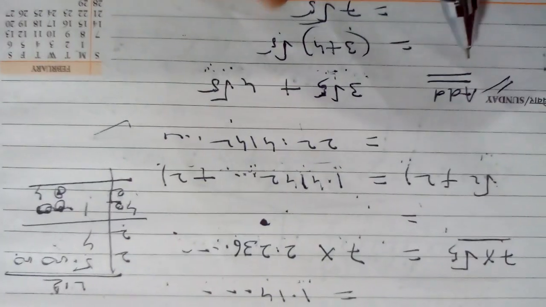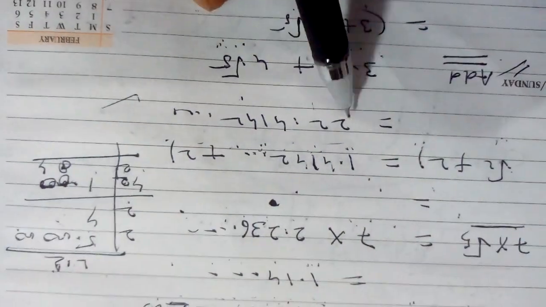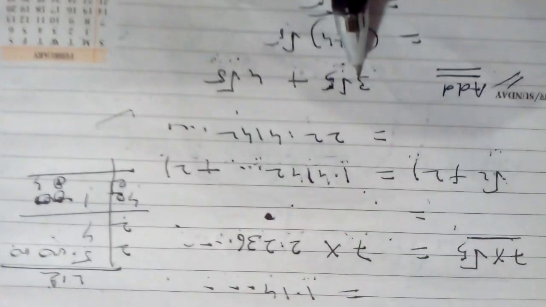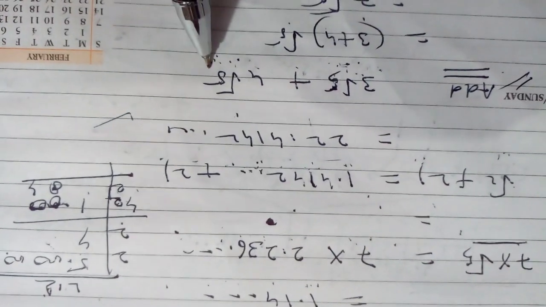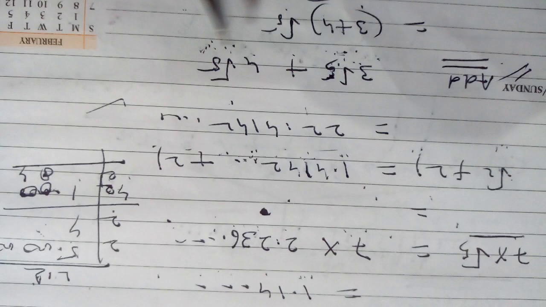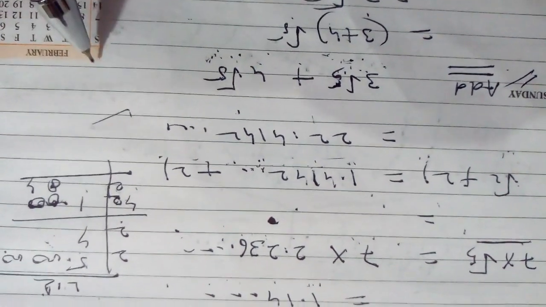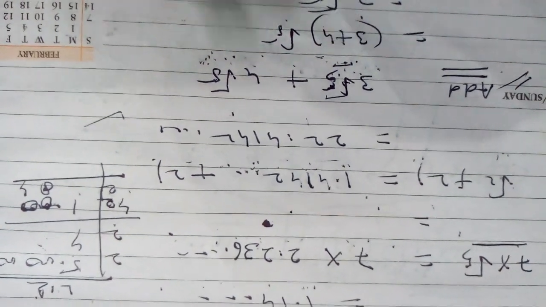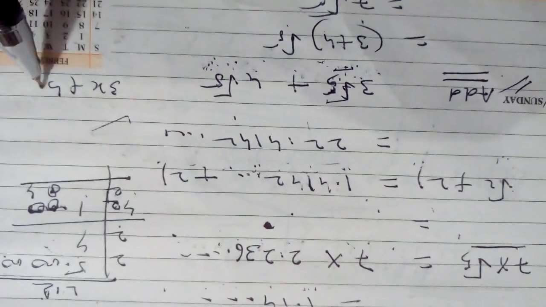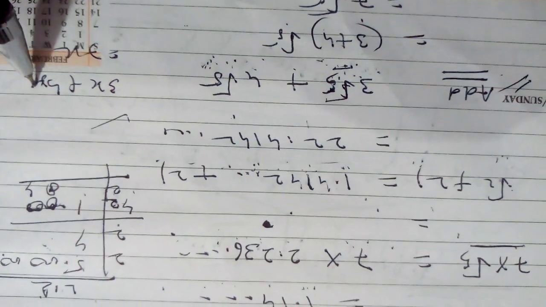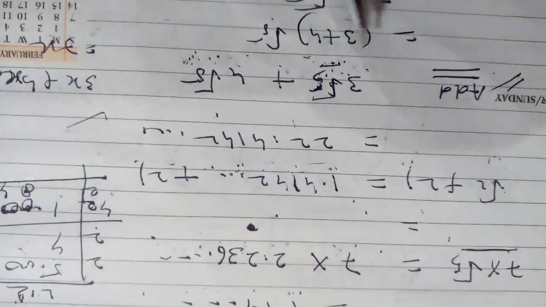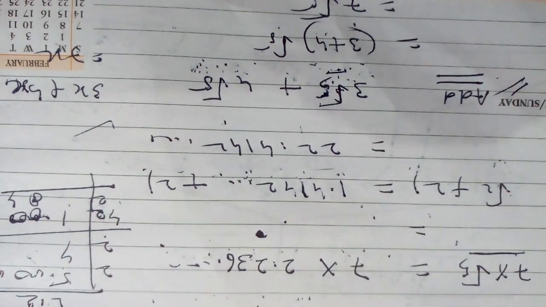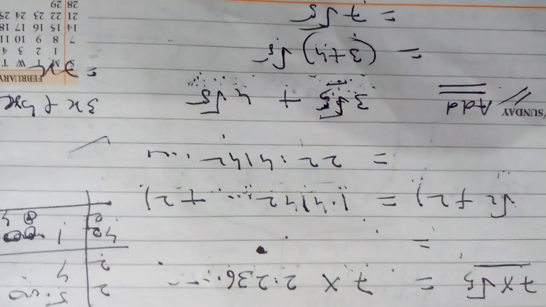Now if it is not in decimal form, you add the irrational numbers directly. It is 3 root 5 plus 4 root 5. Root 5 and root 5 are like surds. They have the same root and the same number, so it acts as x. So 3x plus 4x will be 7x, as you know simply in algebra. Here 3 root 5 plus 4 root 5 will be 3 plus 4, 7 root 5. Your answer is 7 root 5.